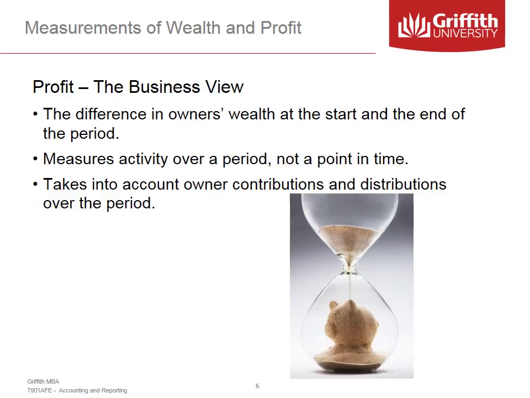Now, profit in this definition can also include the changes in owner contributions or distributions. So owners may perhaps put in more capital, or perhaps the business distributes some earnings, often referred to as dividends in companies, to those owners over a period of time. When we come to look at how a business is performing its core activities, we'll look at the middle one of those dot points. We'll be looking at the trading activities over a period of time.